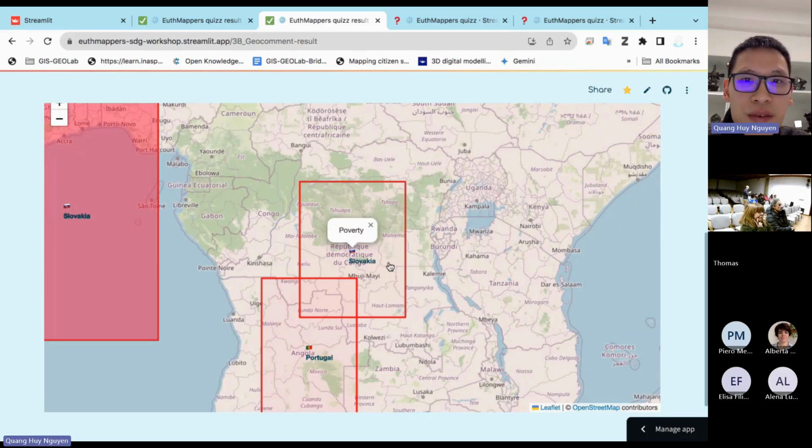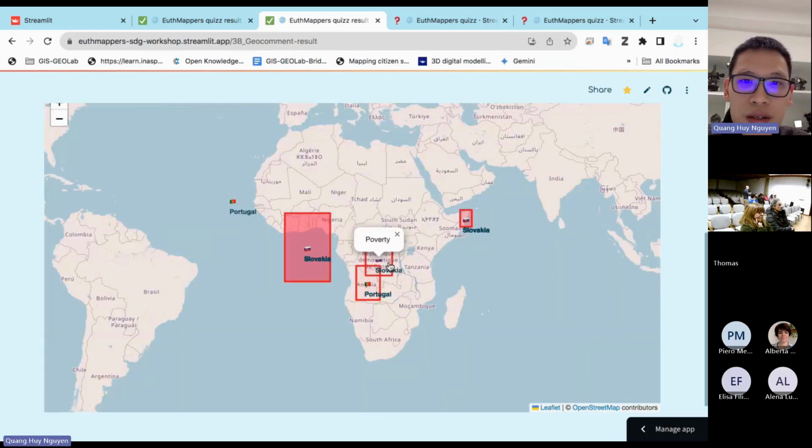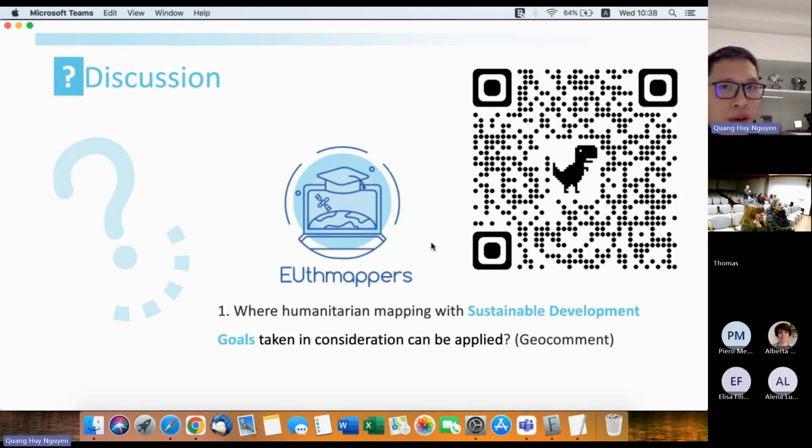So if you have any problem, you can rescan the QR code to check. Always remember to fill in where you come from, and also the comment, and zoom in into the map.